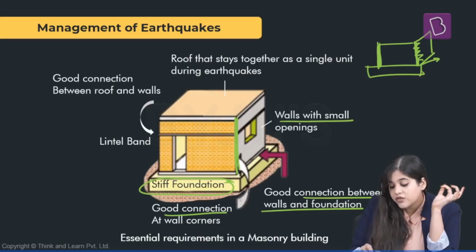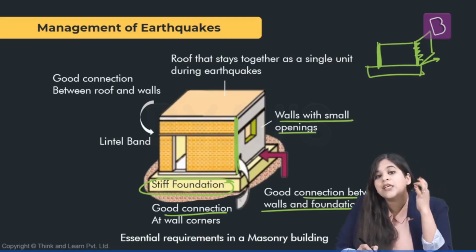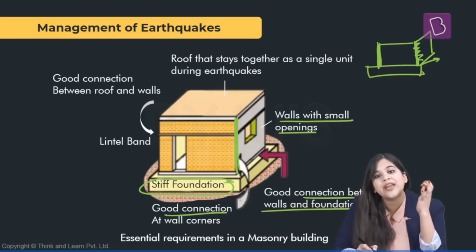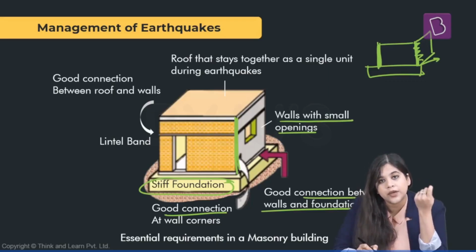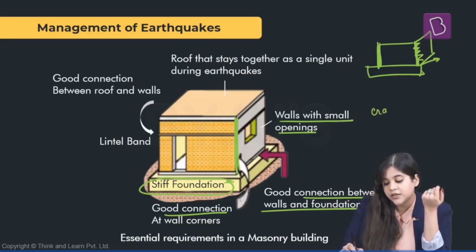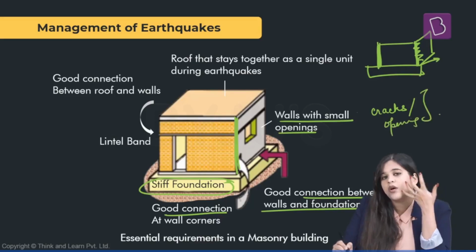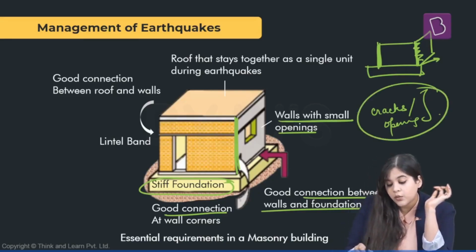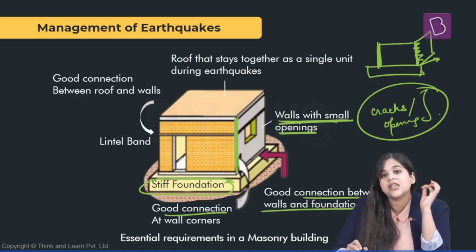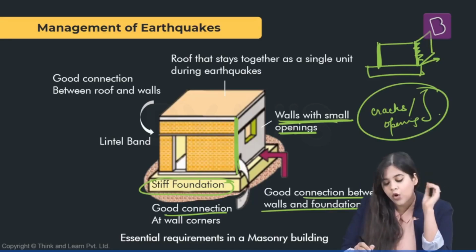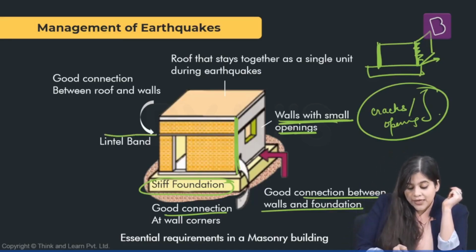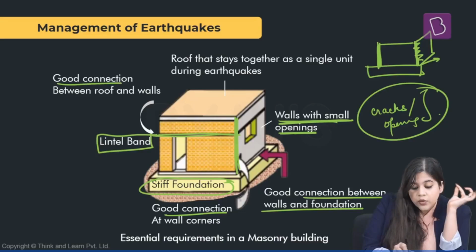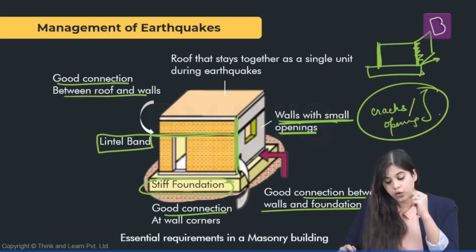The walls should also have small openings so that they are not very susceptible to breaking down in case of any earthquake. We know that any kinds of cracks or openings in rocks and grounds make them very susceptible to natural forces. So similarly, the openings in the walls of buildings in the earthquake zones should be small. There should be lintel bands in these buildings. There should be good connection between the roof and the walls,